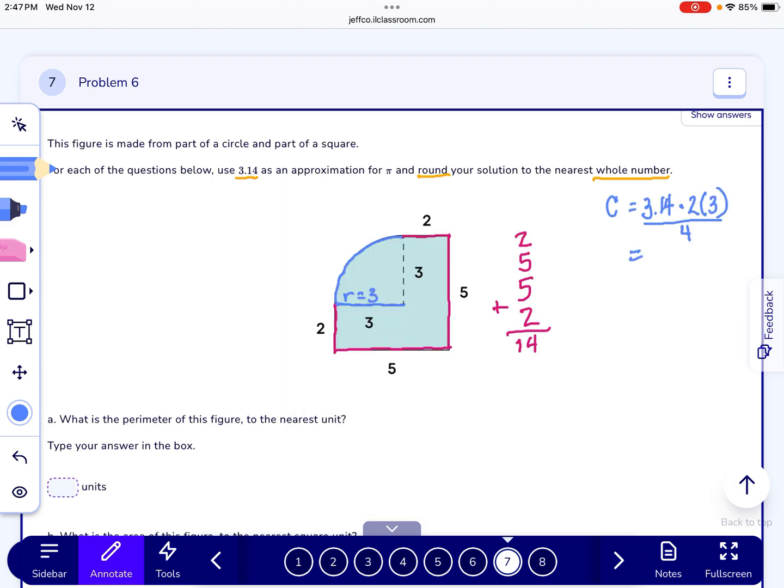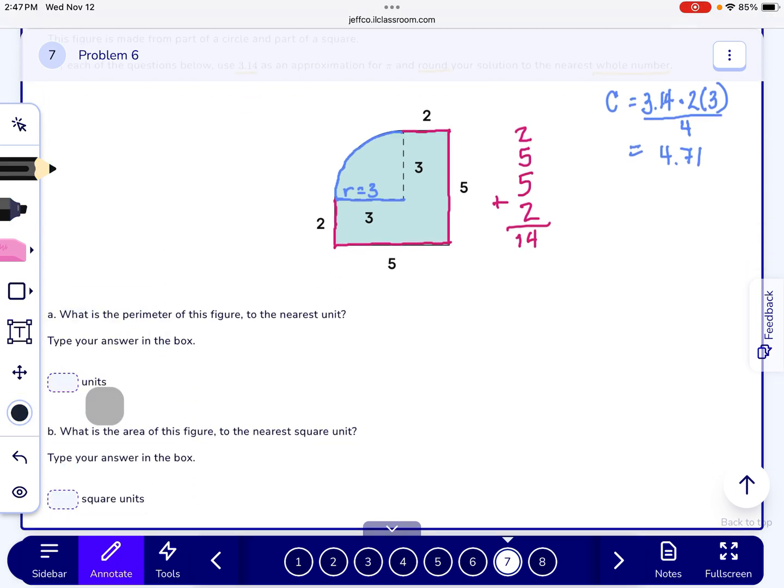All right, so 4.71. So 14 is the perimeter of the square piece, and this is the circumference of the circle piece. And so when I add those two pieces together,